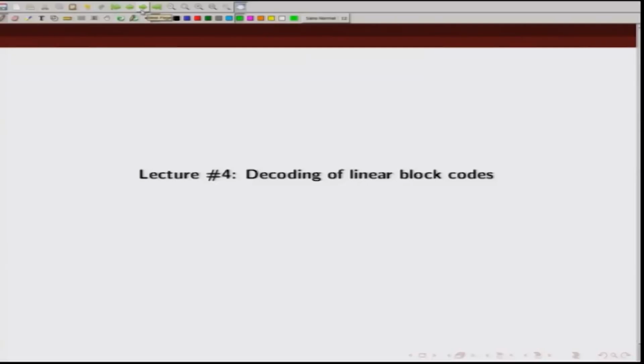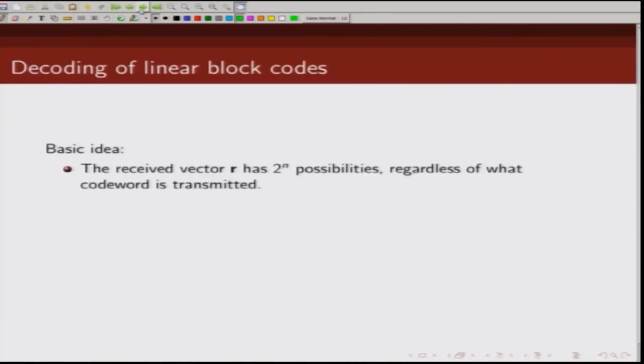Today we are going to talk about how to decode, and we are going to talk about what is known as syndrome decoding. So, what is a decoding problem? Let us look at a scenario where we are transmitting our code word, which is an n bit tuple, over a communication channel, and let us consider a binary symmetric channel. So, in a binary symmetric channel,